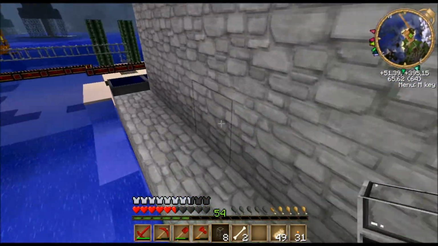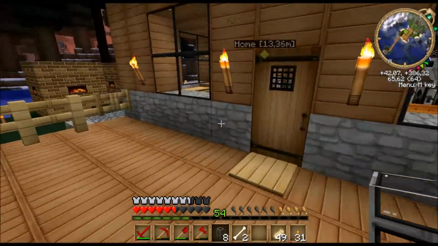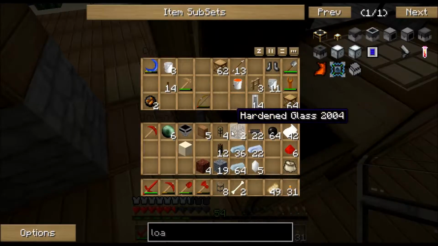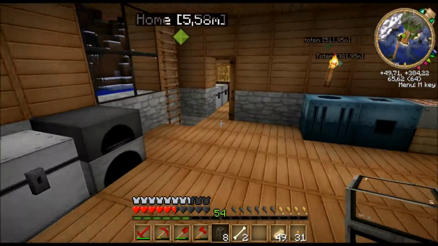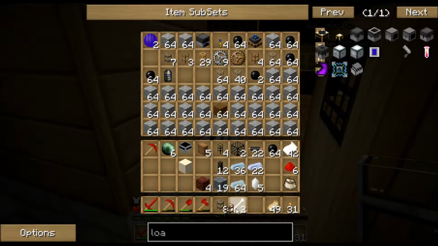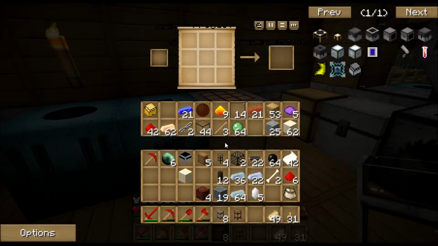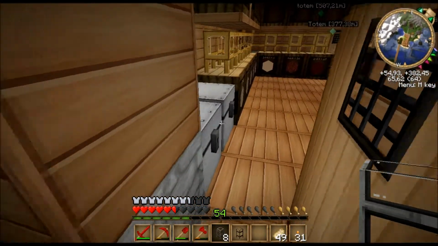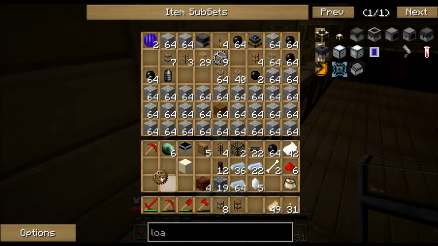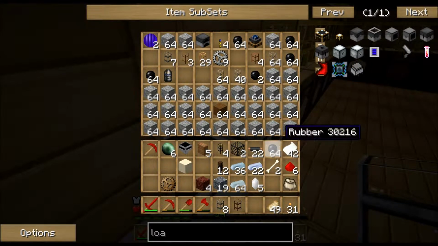Let's try put a wooden pipe on there. Quite sure I made one. Wooden waterproof pipe. We also need an engine to keep it running. So I only have one of those, and it doesn't look like I have a...